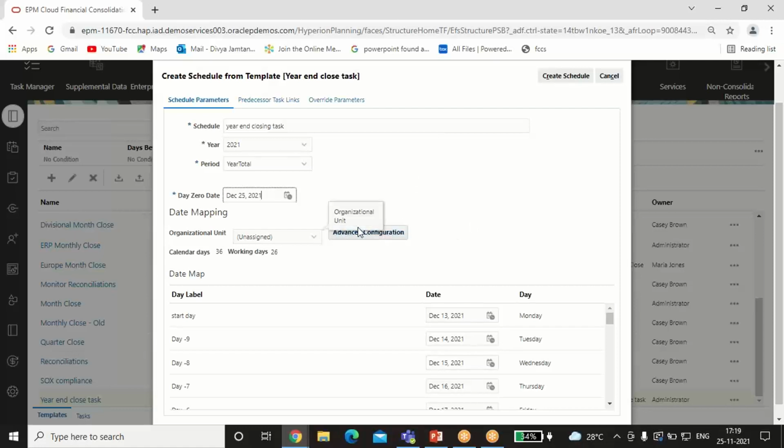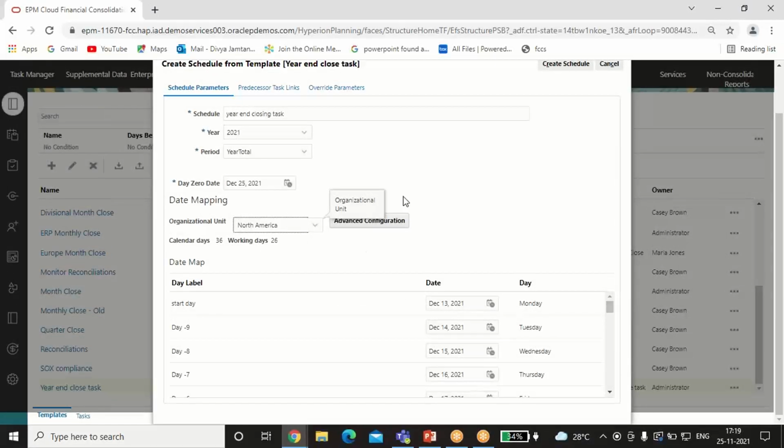You can use the advanced configuration option if you want to override the organizational unit and work days assigned to the task in the template. I'll set the organization unit for all the tasks in the schedule to North America. Here you can see after selecting day 0, your start day will be December 13, as I have kept minus 10 days before day 0, and plus 15 after day 0.